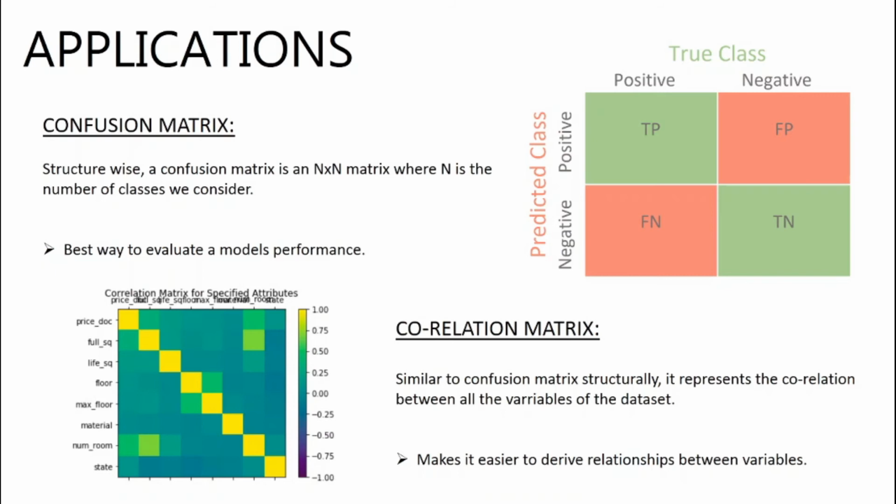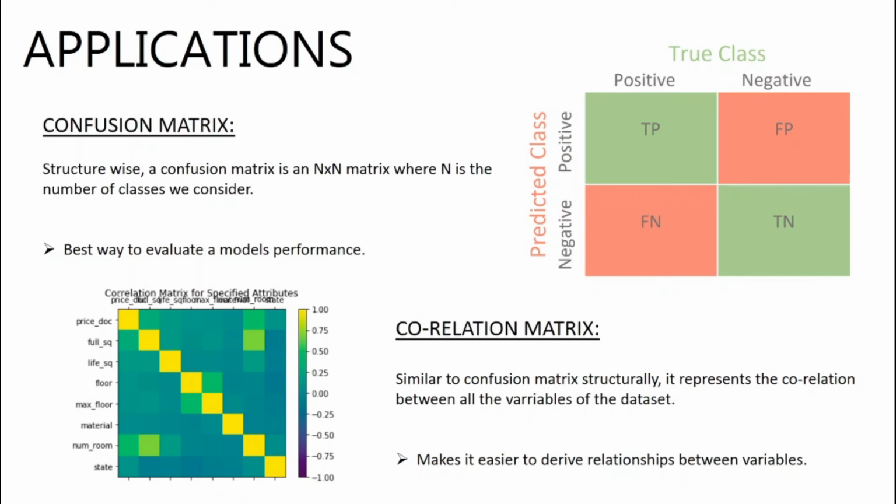For example, if we take the topmost grid to the right, which is the one which is blue in shade, the value of that grid ranges between minus 0.25 and 0.00, which shows negative correlation. So what we can infer from this is price, dog and state are not very well correlated with each other. Any correlation which is close to 1 or minus 1 is good. And as we can see, if we proceed diagonally, all values are yellow, which basically means they are highly correlated, not highly correlated, they are basically the same values, because full square and full square will obviously be related to each other as they are one and the same.